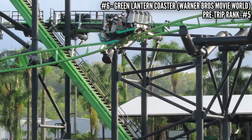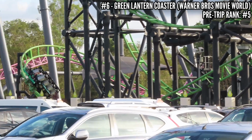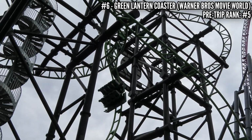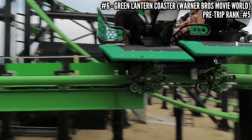You start that one so slow. You get some hang time while you're picking up speed and getting whip. With a lap bar, that's a glorious experience. This ride was down more than it was up, so I only got one ride. But I was very happy with it, even though it dropped from number 5 on my last list to number